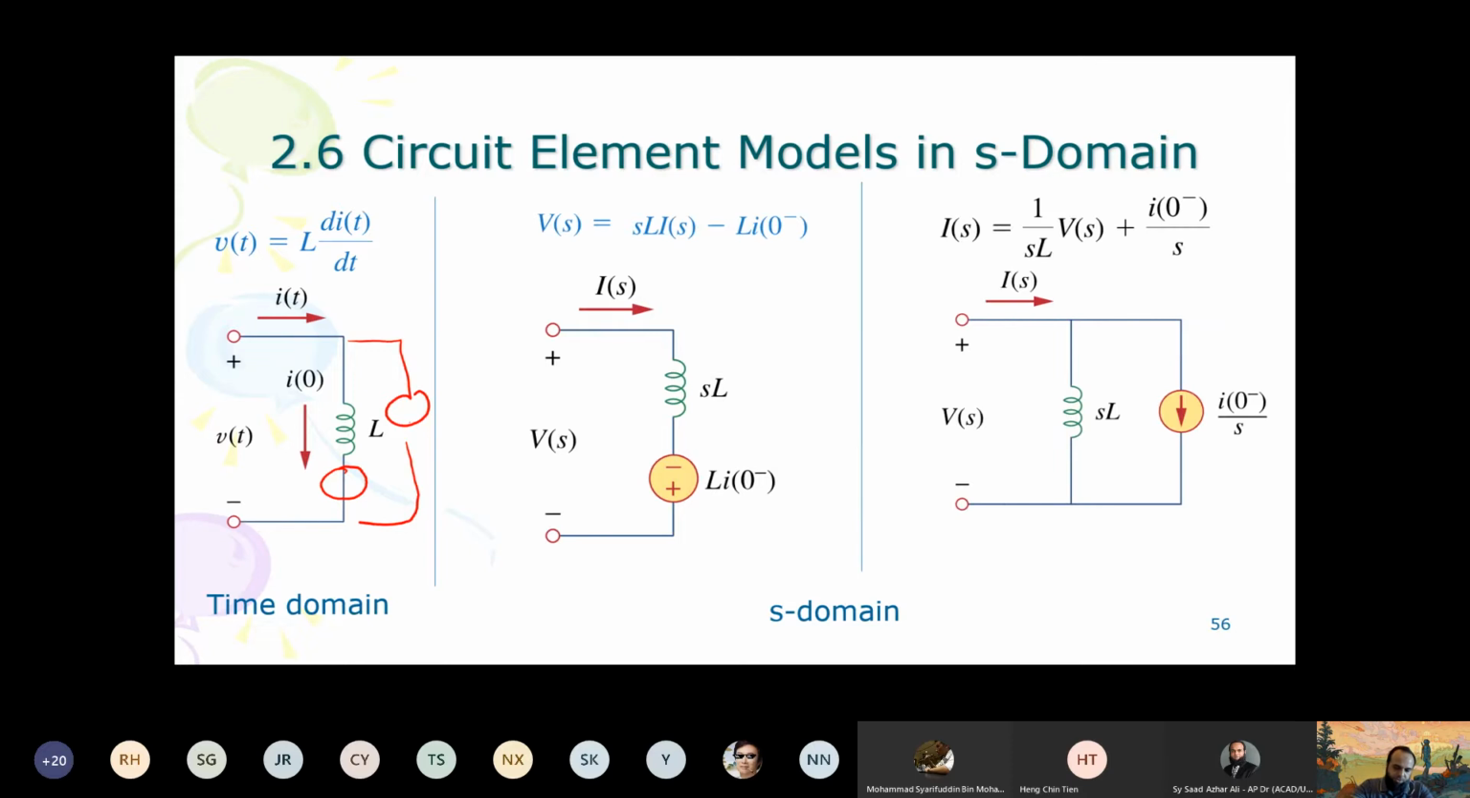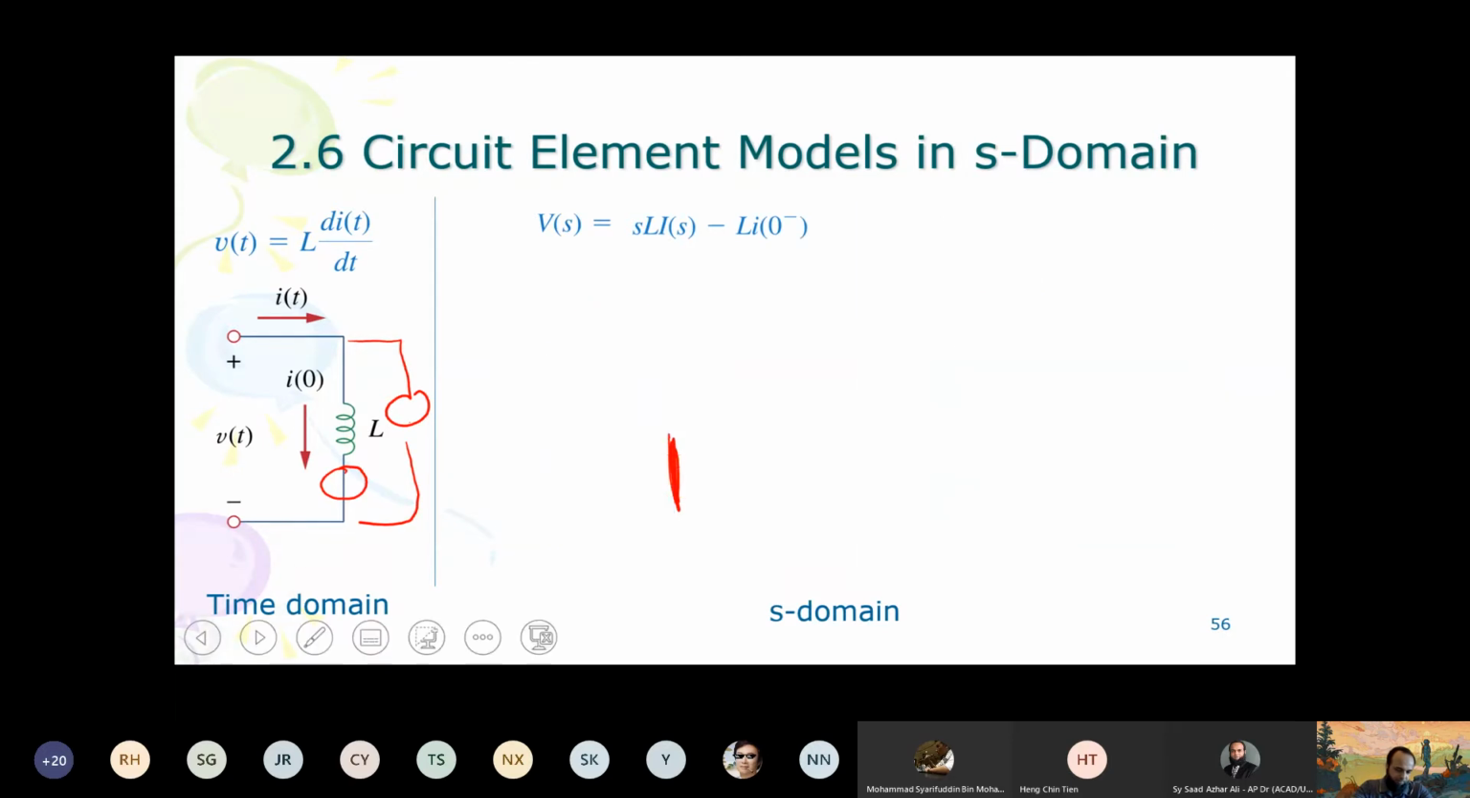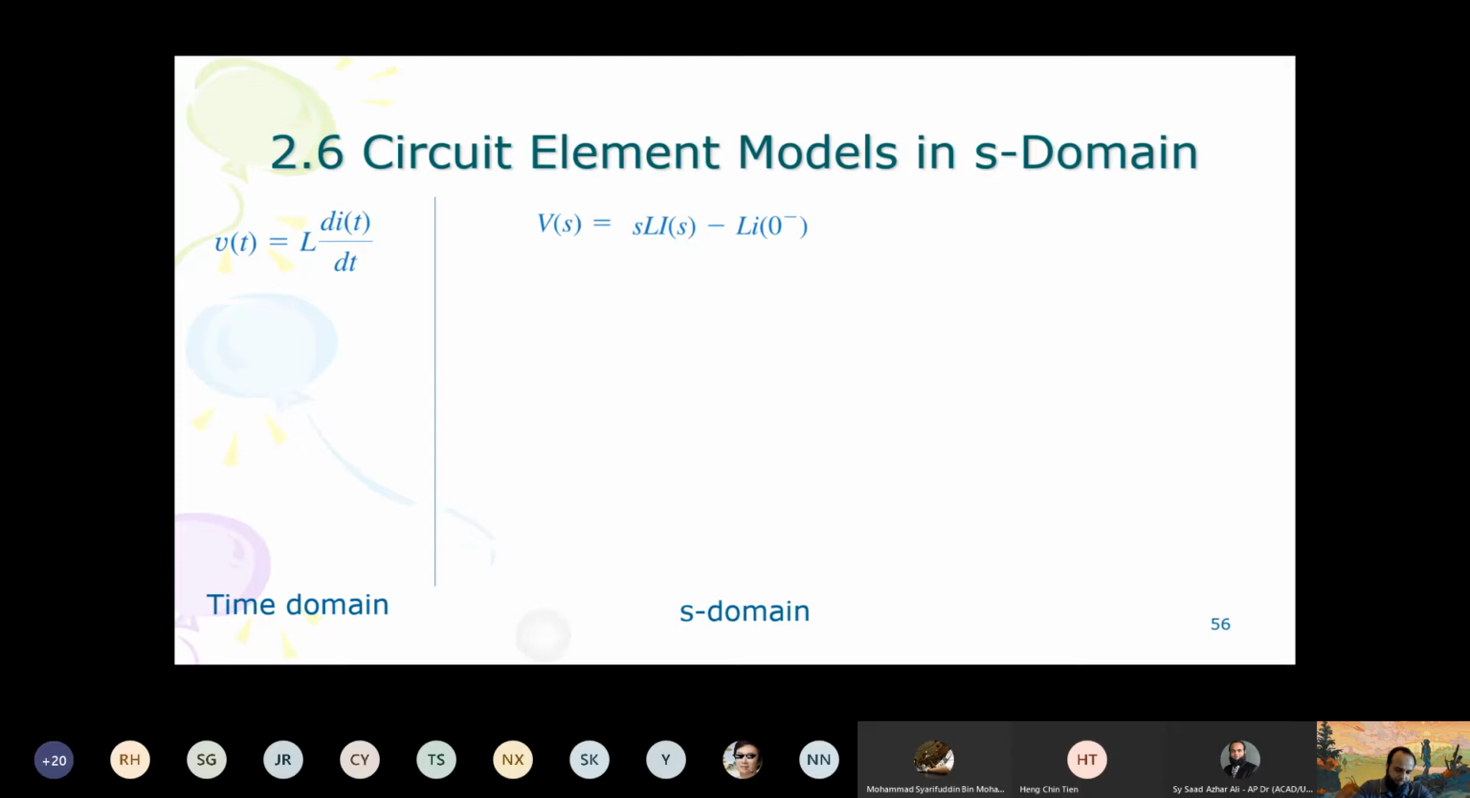So this is 0, so there's a short circuit there. So there will be a short circuit because I naught is 0, right? So if I go back to the question,